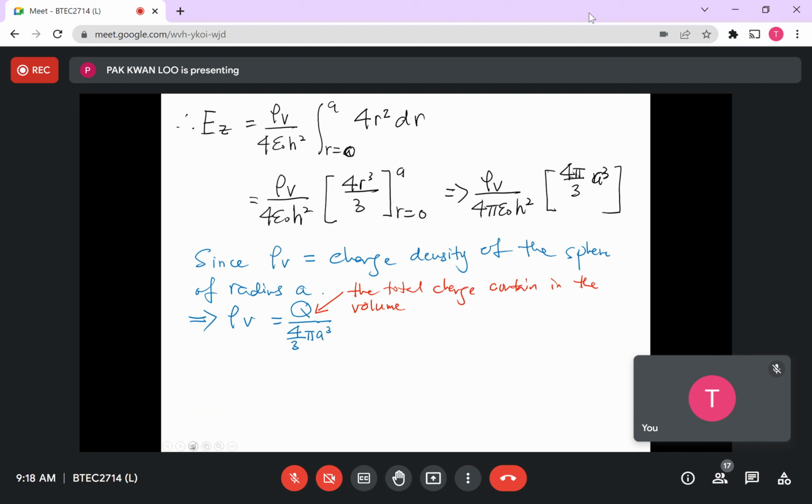So by seeing this, we can say now, Q is actually equals to rho V 4 over 3 pi a cubed. So that will be the total charge. So rho v multiplied this term is my total charge. And I can write, therefore,